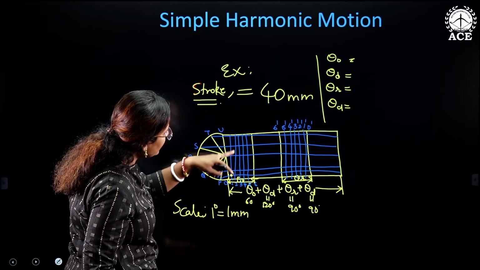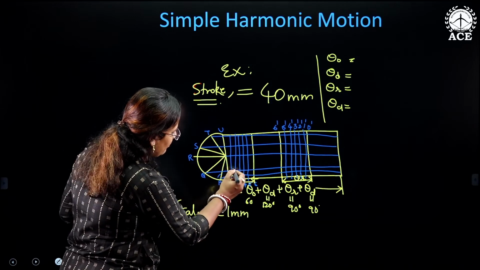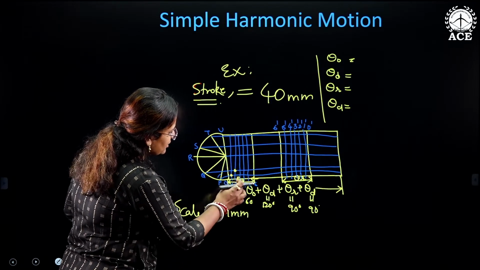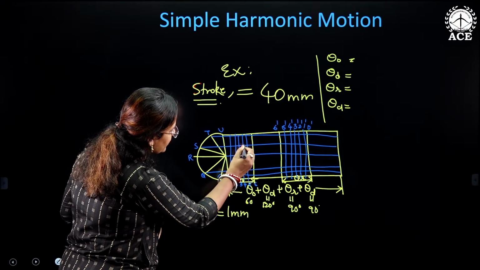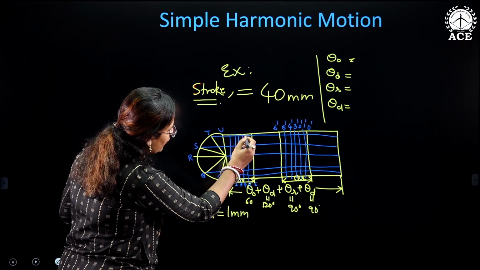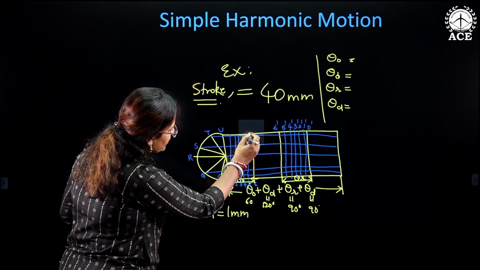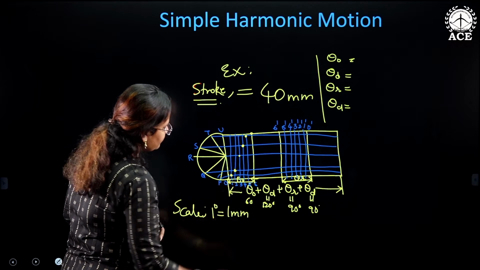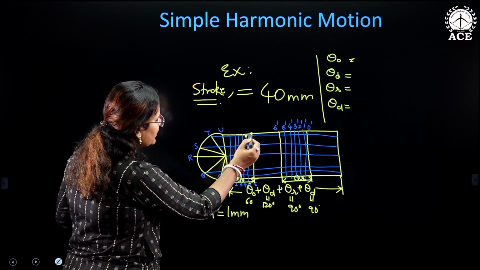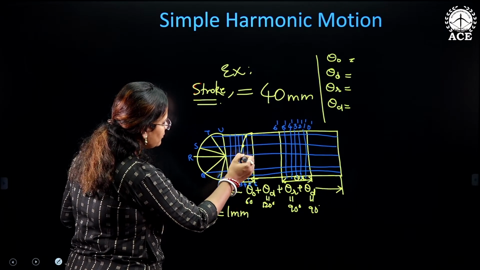Similarly for the second line and Q, they meet at this particular point. Similarly for the third point, it is here, fourth point it is here, fifth point it is here, and sixth point it is here. Again for 0 degrees also the point was here. So if you trace this particular curve